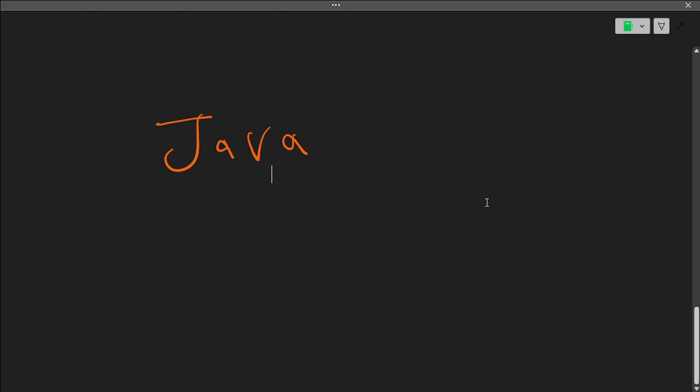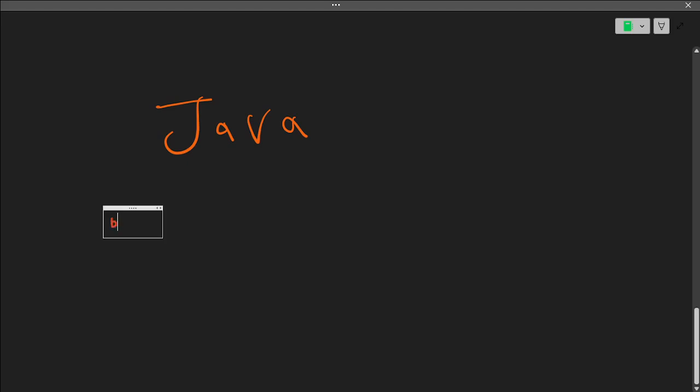So hello everyone, today we are going to learn about methods in Java. So what are methods? Our first question today is, what are methods? So first we have to talk about